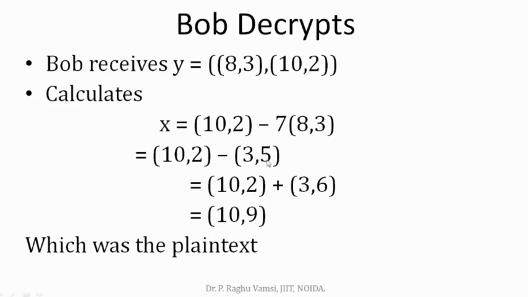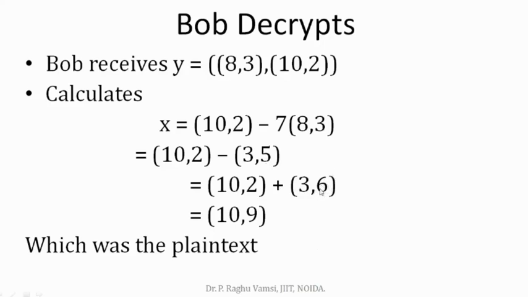So the subtraction will be done with respect to the prime number that you have chosen for the elliptic curve. If the prime number is 13, then 13 minus 5. If it is 11, 11 minus 5. We are using the same prime number from the beginning, that is Z11 of 1 comma 6, so we choose the same 11. So 11 minus 5 is 6. Hence 6 will be there.